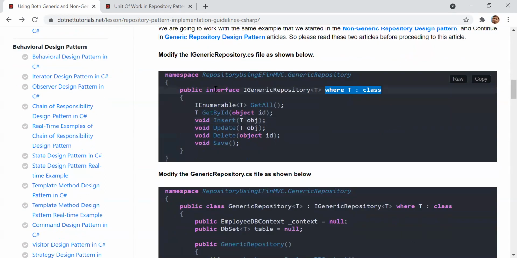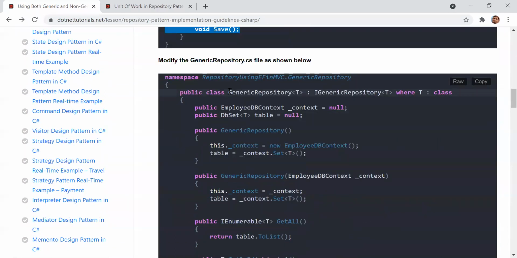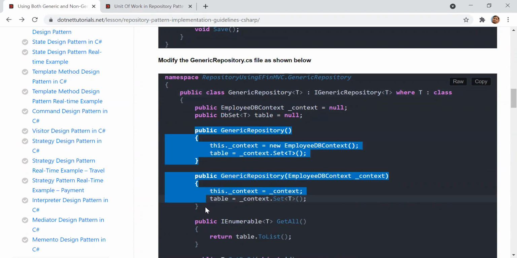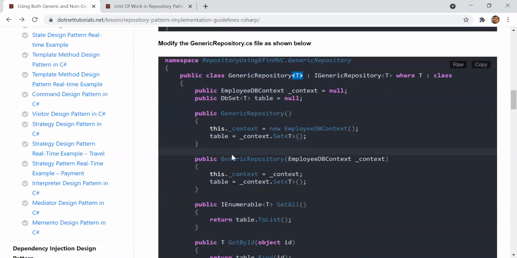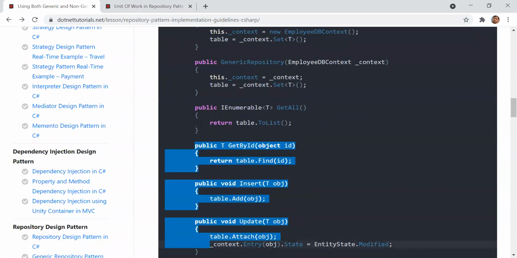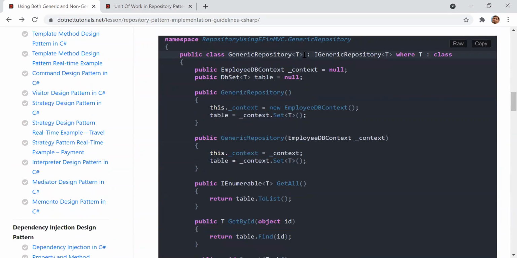Another thing most interviewers ask is what an interface is, right? Everybody knows what an interface is, its advantages and disadvantages, and interface segregation also. So here we have given this. Then we design one generic. Again, here we have to pass the T type, because this T type will be usable at variable level, at our constructor level, and at our method level. So that's why we need to pass the T type here.